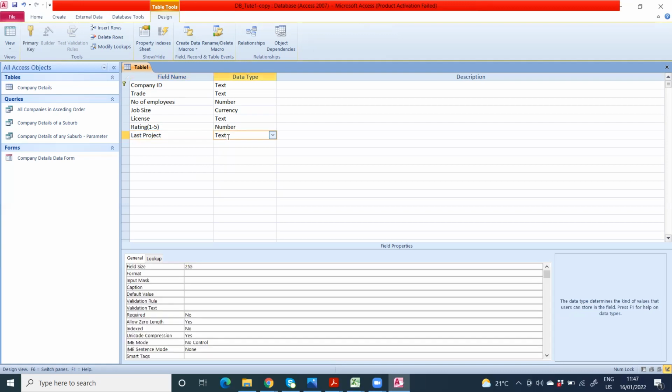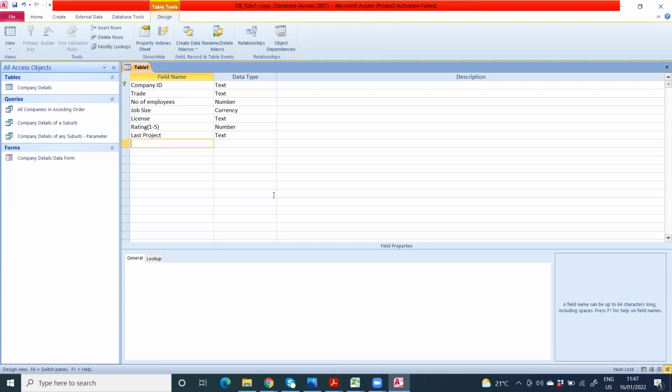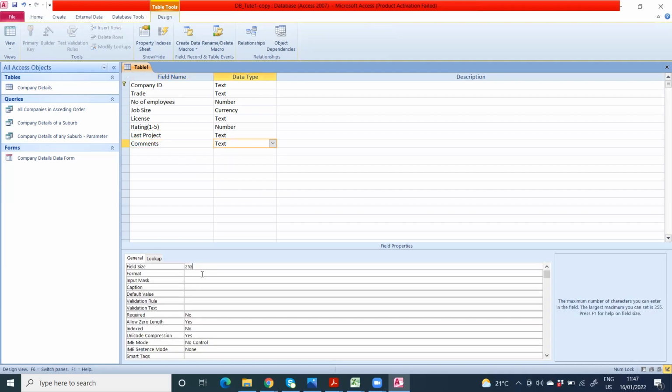That's short text. That's the what else? Comments. It's text and 50. So we have created the first table. Now hope you can remember the